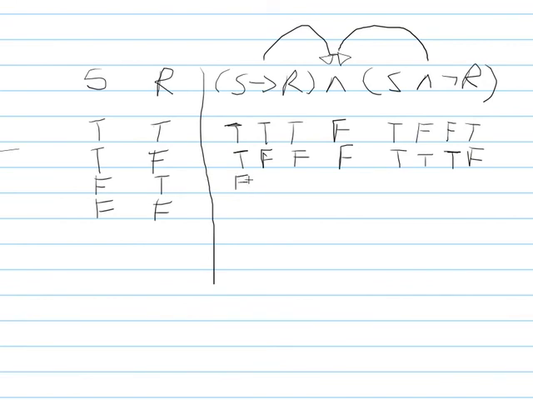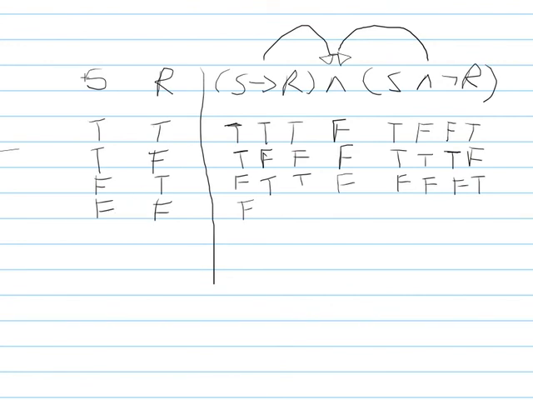Now we just fill in the truth values under the S and R according to what this third row says. Then we can do the negation simply, and here we see that both of them are false, so the conjunction here is false, but here the conditional is true. But again, we have that one of the conjuncts is false, so the entire sentence is false. Now our final row,